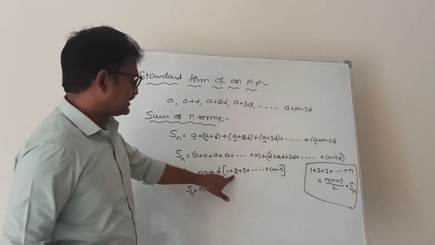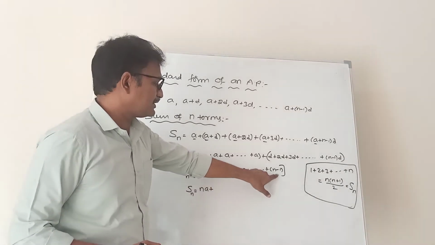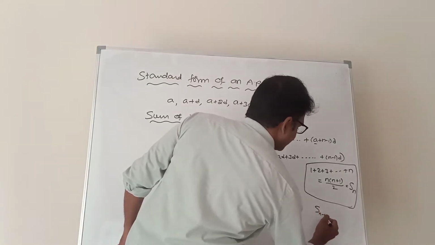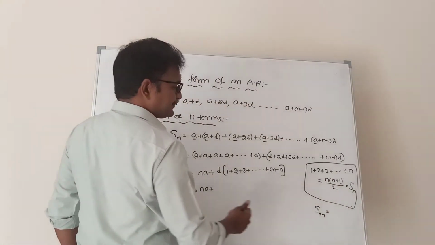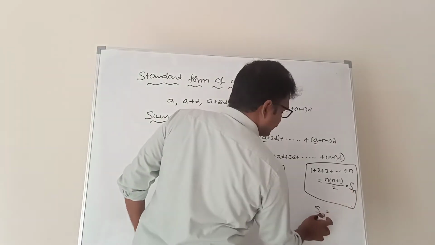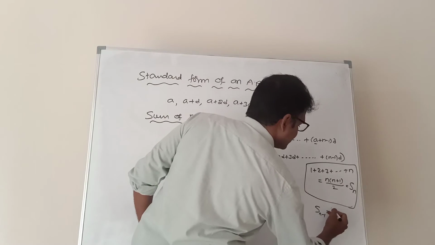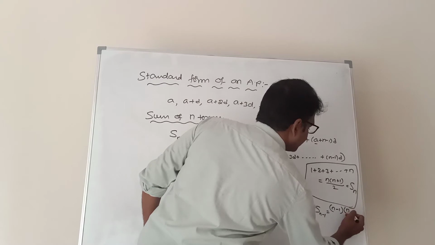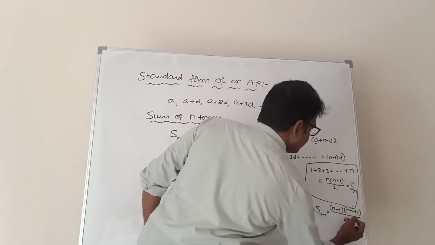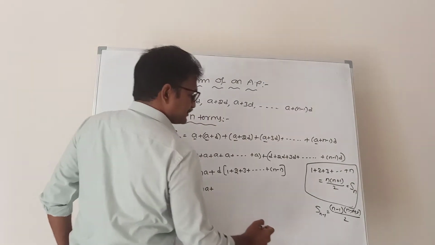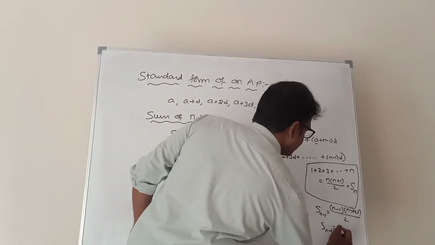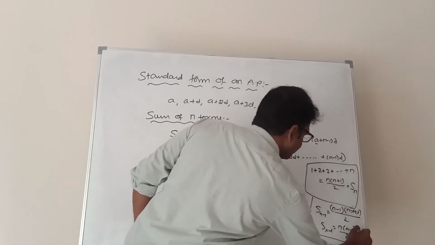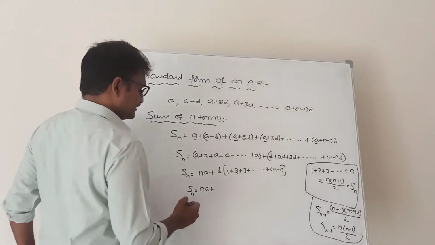This is the formula for sum of n terms. But here how many terms are there? 1 plus 2 plus 3 plus so on, only n minus 1. Sum of n minus 1 terms. The formula is n into n plus 1 by 2; in the place of n, we have n minus 1. Just replace n with n minus 1: (n minus 1) into (n minus 1 plus 1) by 2. Plus 1 minus 1 gets cancelled. So you will get n into n minus 1 by 2. This is the formula for sum of n minus 1 terms.